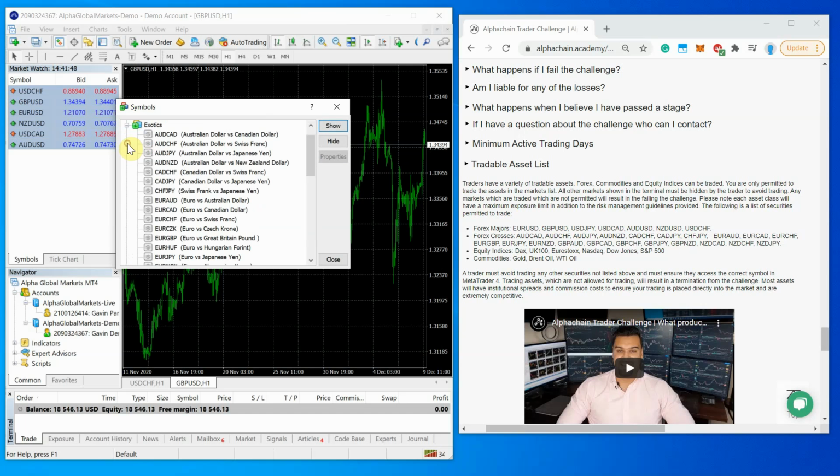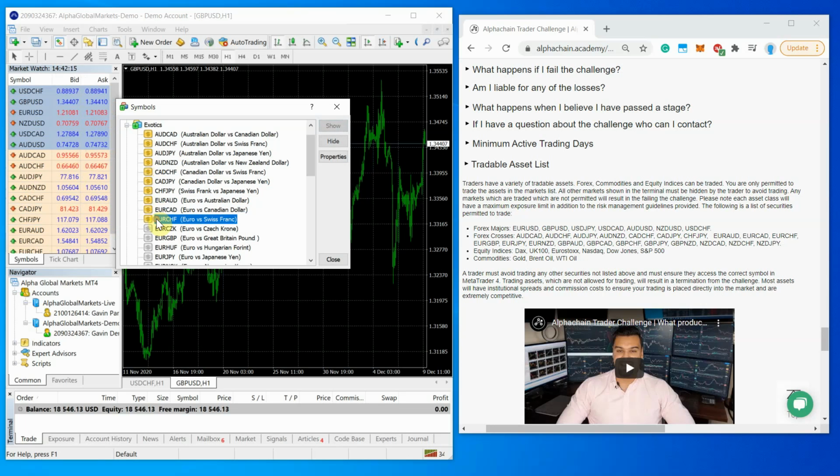Now we want to look into some of the exotic pairs, or should we say cross-currency pairs within this. Again, follow the same process, right? So you've got Aussie CAD, Aussie Swiss, Aussie Yen, all of these assets over here. In total, your majors and cross-currency pairs, you have 28 across the board. So that's your Aussie Dollar, Aussie Swiss, Aussie Yen, Aussie Kiwi, CAD Swiss, CAD Yen, Swiss Yen, Euro Aussie, Euro CAD, Euro Swiss. We're not trading this asset here. Then we've got Euro Sterling,